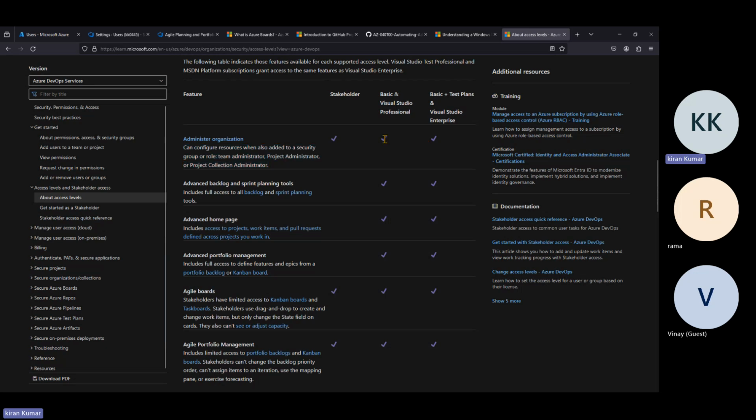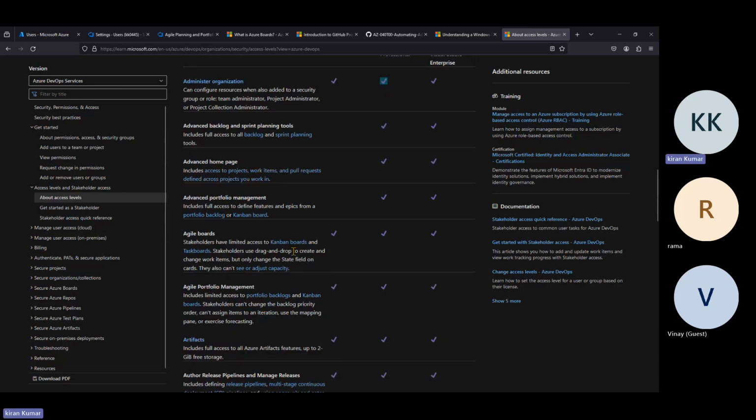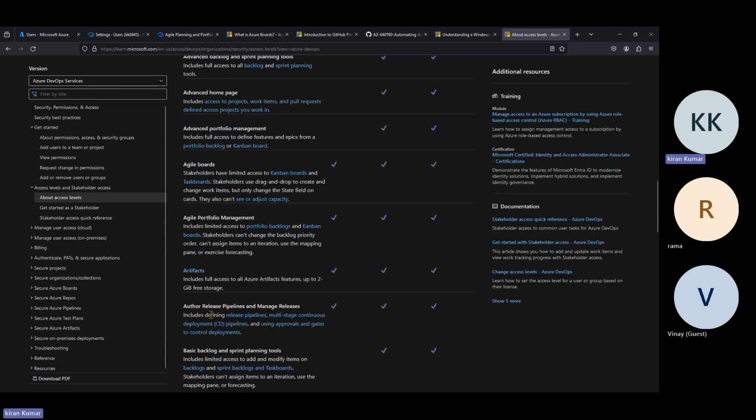These you can also see. Stakeholders have minimum privileges. They don't require all the pipelines, reports, and those things. That's the reason stakeholders only get agile boards, agile portfolio management, artifacts, and